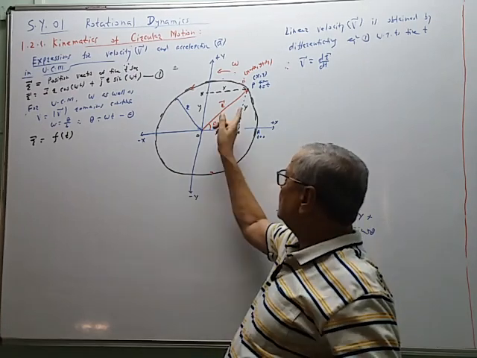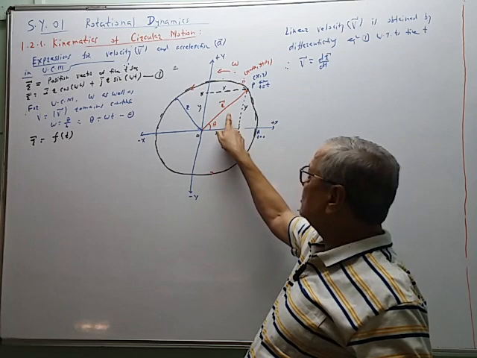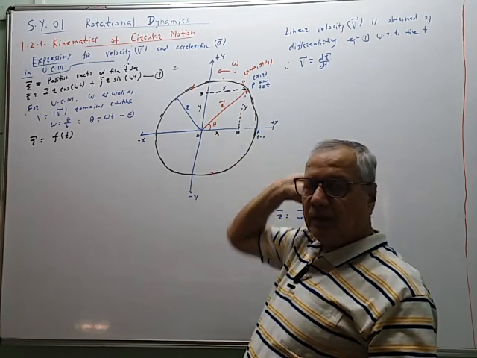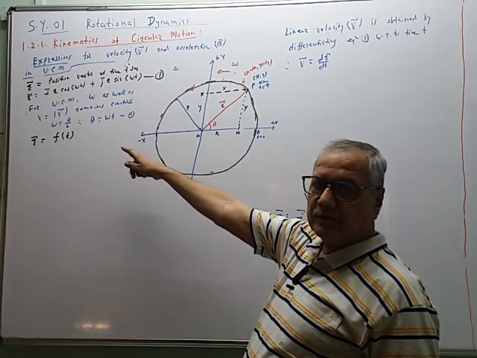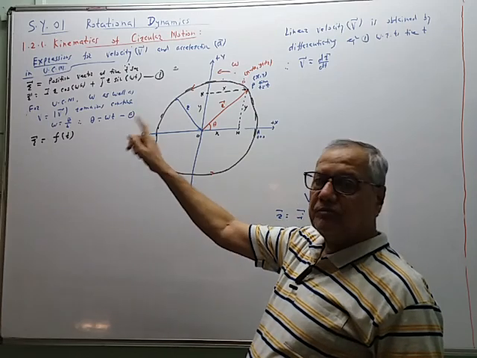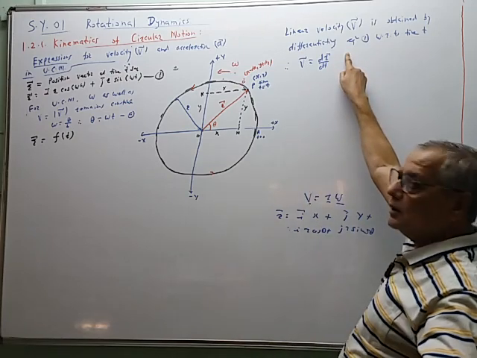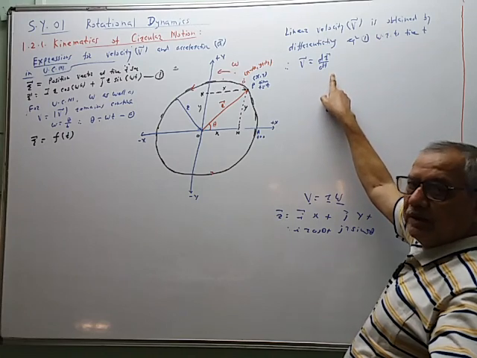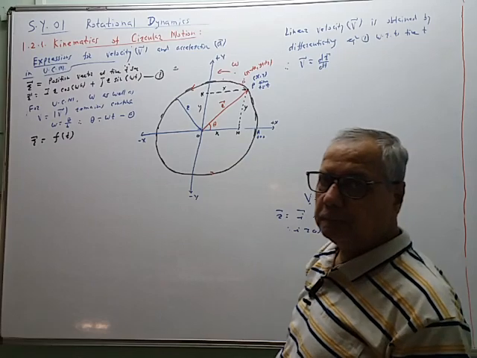Therefore, r changes in direction, no change in magnitude. The magnitude of the radius vector stays the same, OP is equal to OP dash is equal to r, but the direction changes like this. So r changes with time only. Therefore, in the language of mathematics, r is a function of time t only, and so we can differentiate equation 1 with respect to time t. dr by dt gives v. Why? We will see that afterward.